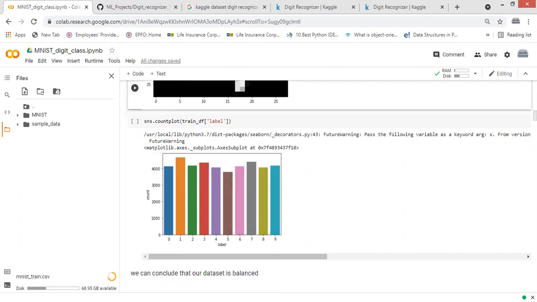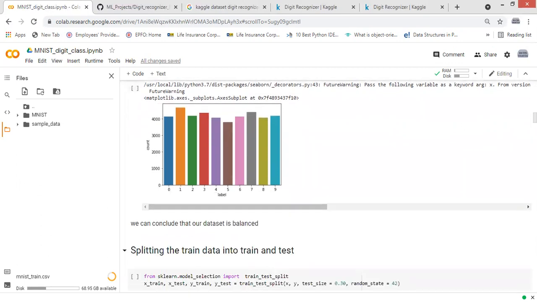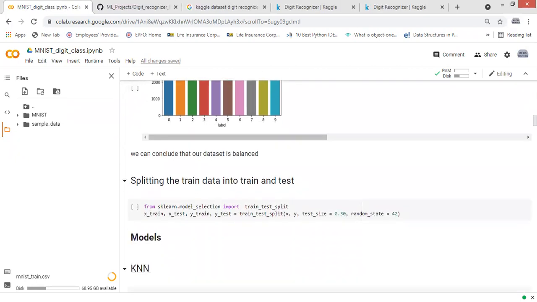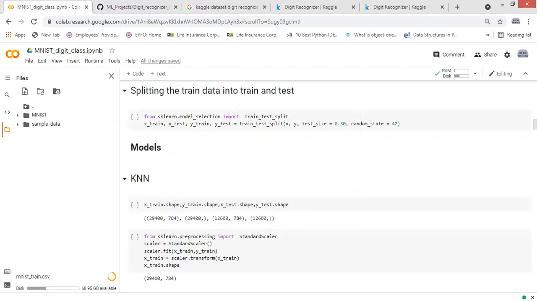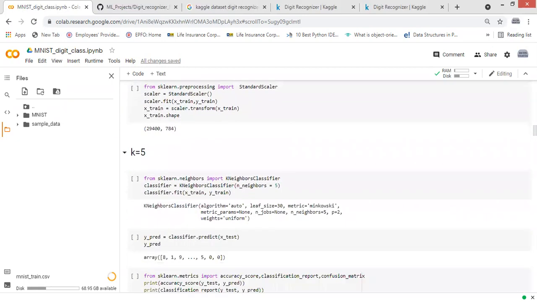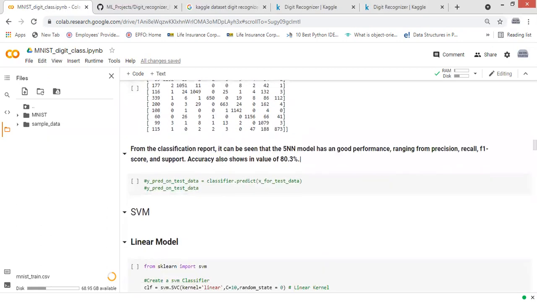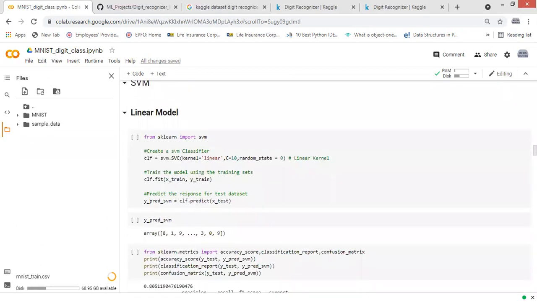By plotting this dataset, I saw that it is a balanced dataset. Now I have split the dataset into train and test parts. The models I have used here are KNN, trying various values of K, and SVM also.